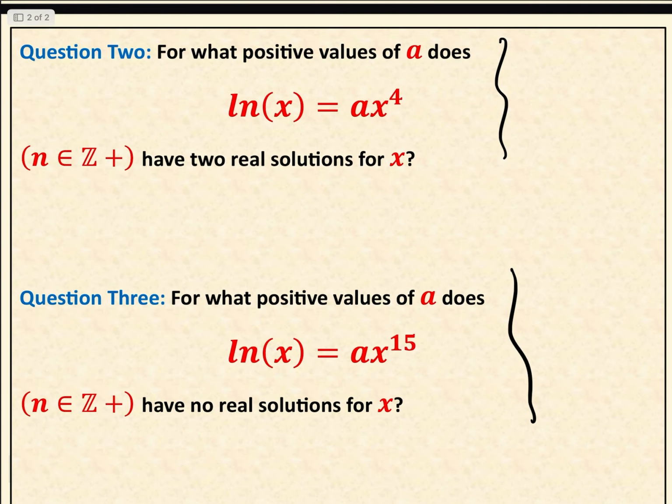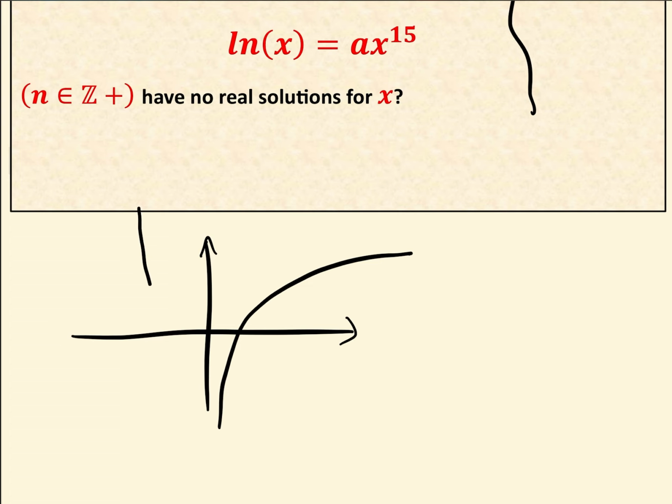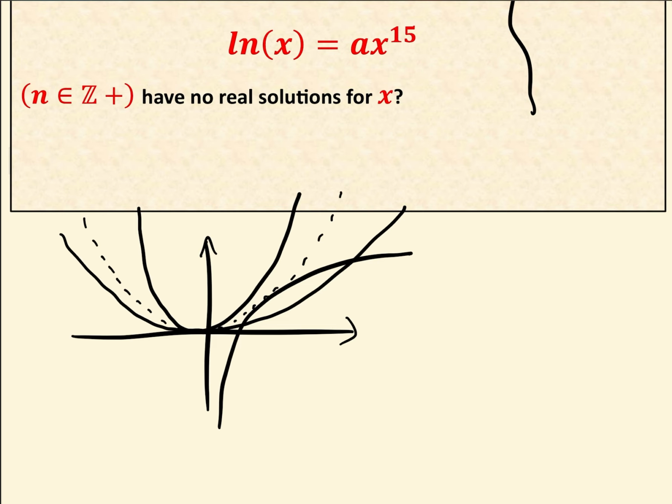So question 2: for what positive values of a does log x equals ax to the 4 have 2 real solutions? Well, here we've just got n equals 4. Okay, let's just draw a little graph here. So here's log x again. If we have a high value of a, then x to the n is going to be up here, and if we have a low value of a, then x to the n is going to be down here, and there's only one value of a where x to the n and log x have only one real value. Of course, it doesn't matter whether n is even or odd, it's exactly the same thing. So for high a,